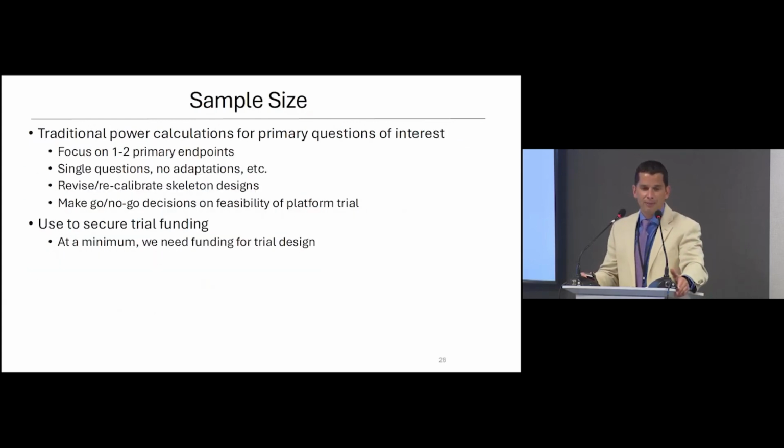And basically what I've promised is to say, okay, let's talk about the endpoints. Let's talk about the primary questions, and let's just focus on these primary endpoints. Let's not have any adaptations. Let's just talk about, if we did some basic power calculations, what would be the expected sample size that we would need for a trial like this to answer the key questions, and use that to make a go, no-go decision about whether we're going to proceed forward with the planning of